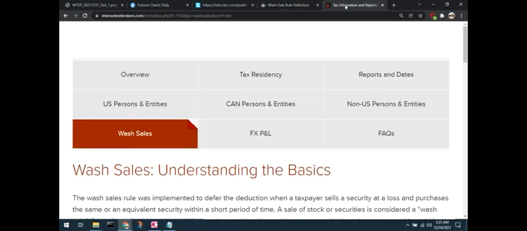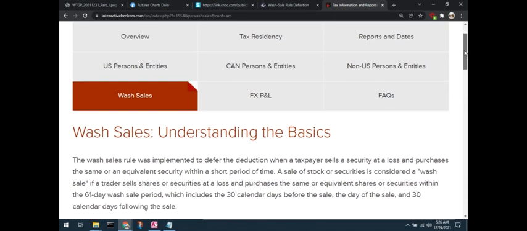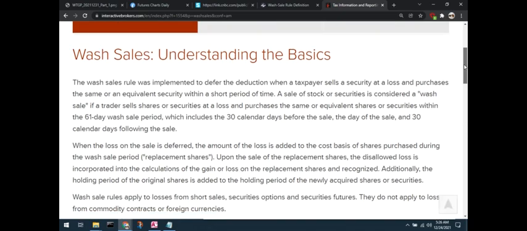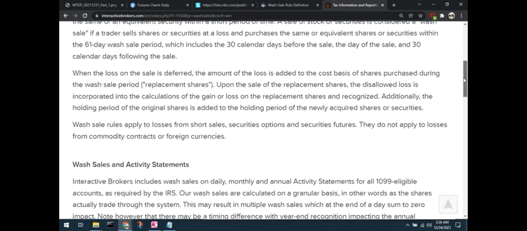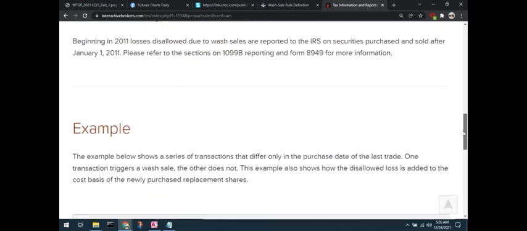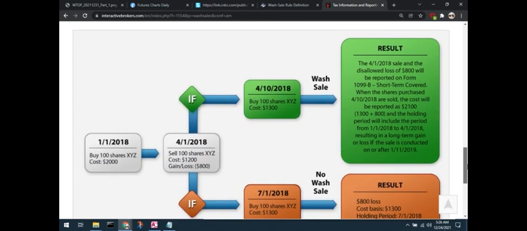I also am going to include another article from Interactive Brokers that I thought was very useful. I'll put the link to this one in the description box below as well. Again, you can read the details. They've got a good explanation, but the reason I wanted to include this one as well is it has a